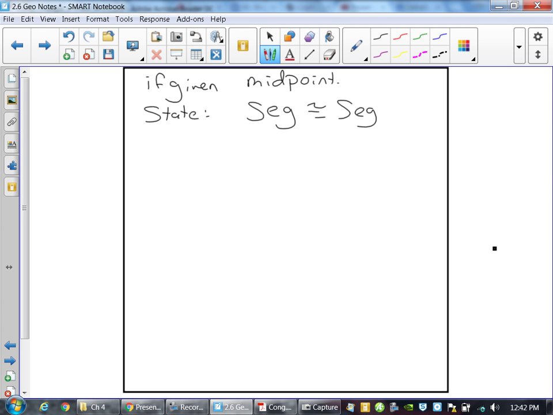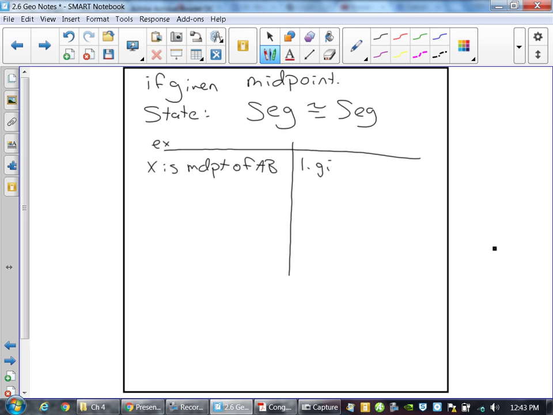That's what that means. So in terms of a two-column proof, usually the way that I would put this is that for each one of these progressions, I'm going to use some sort of example. I would say X is a midpoint of AB. I would say that would be given. Well, if that's given, it would look like this. If X is a midpoint of AB, what two segments are congruent to each other? AX and XB. So that would happen,